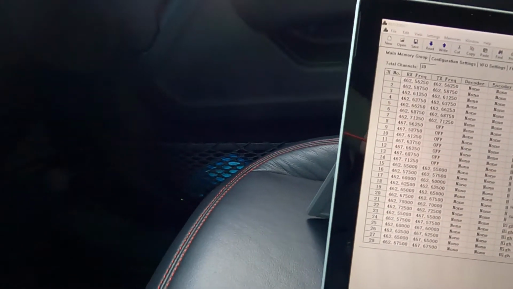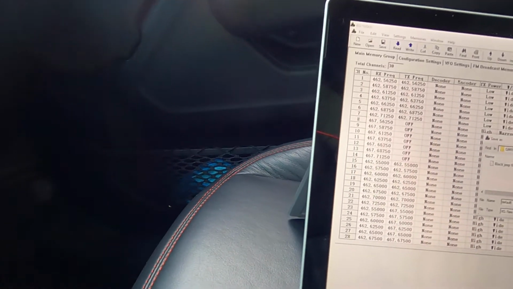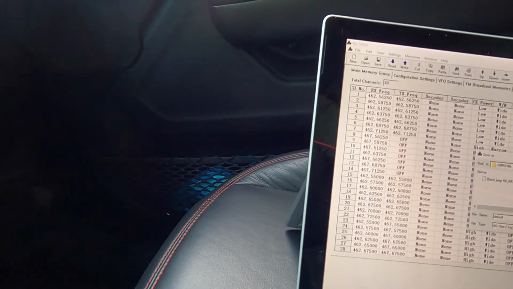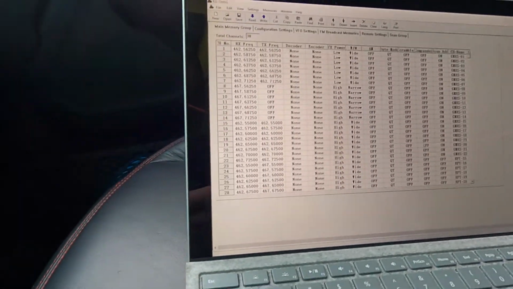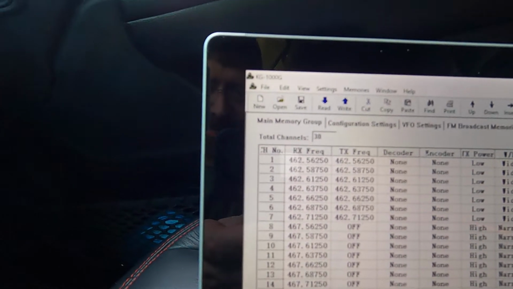and I'm just going to put default in, and we're going to call that default. I think that's really critical. You always want to have the default to just go back to if we want to reset it to factory defaults for whatever reason. So now what we're going to do is just go up here to the